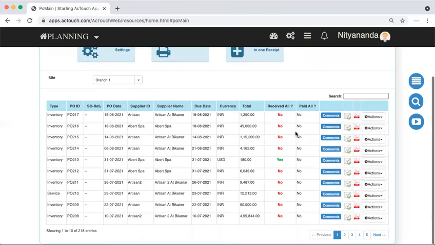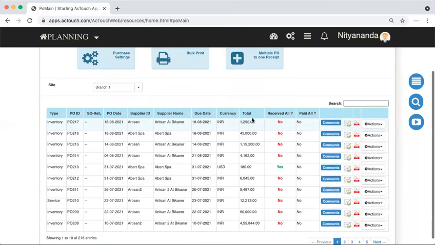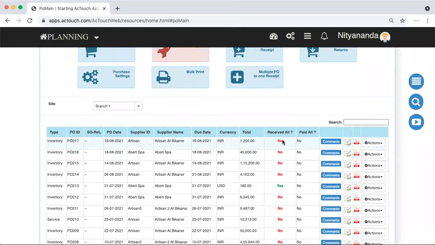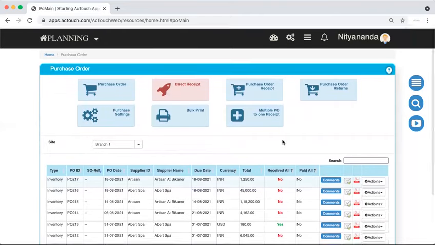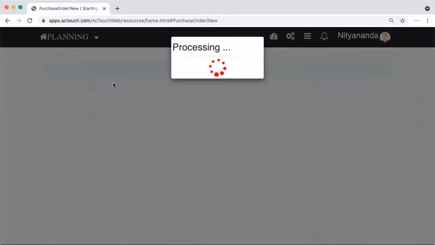Okay. The purchase dashboard typically shows the list of the purchase orders, which means the supplier, the total value of the deal size or the purchase order, and whether it received the material or not. You have the option to see that from the dashboard. So what we do now is we'll just create a purchase order. When you click on the purchase order,